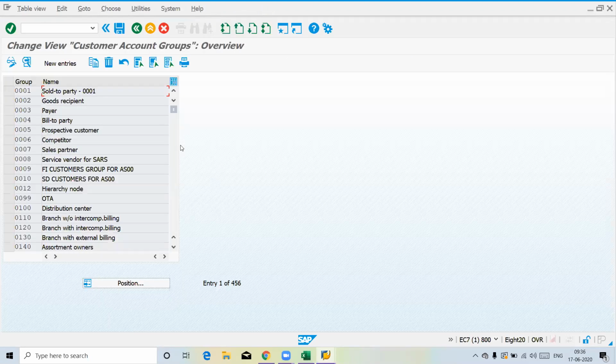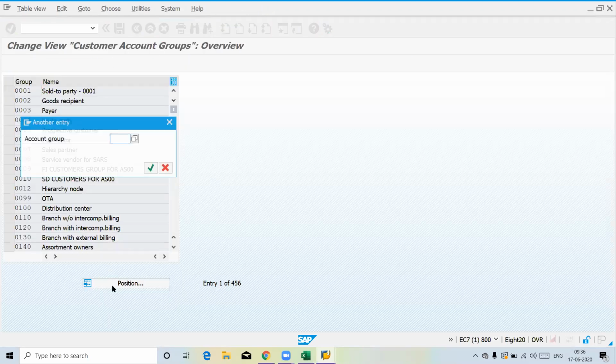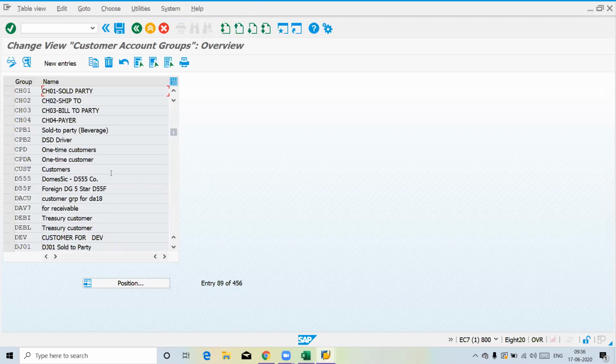This is the place where we created our customer account groups by copying our standard account groups 0001, 0002, 0003 and 0004. These are the four we created yesterday.